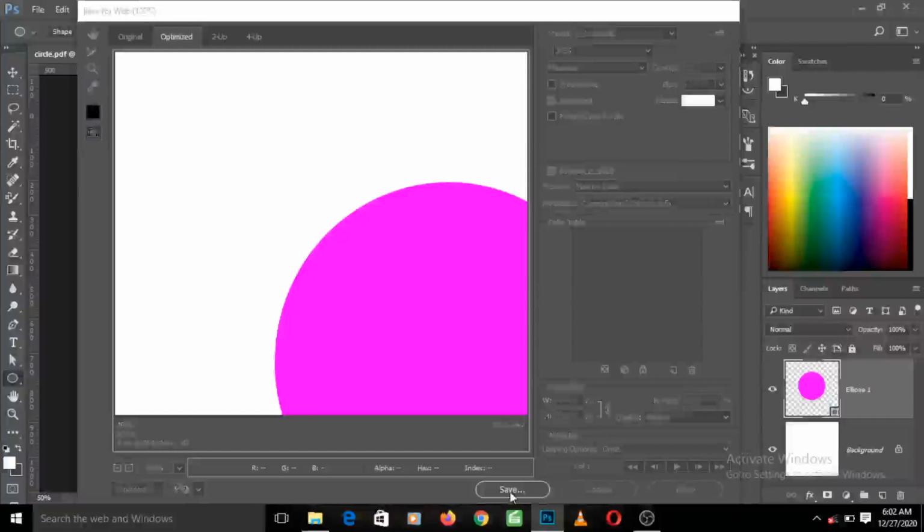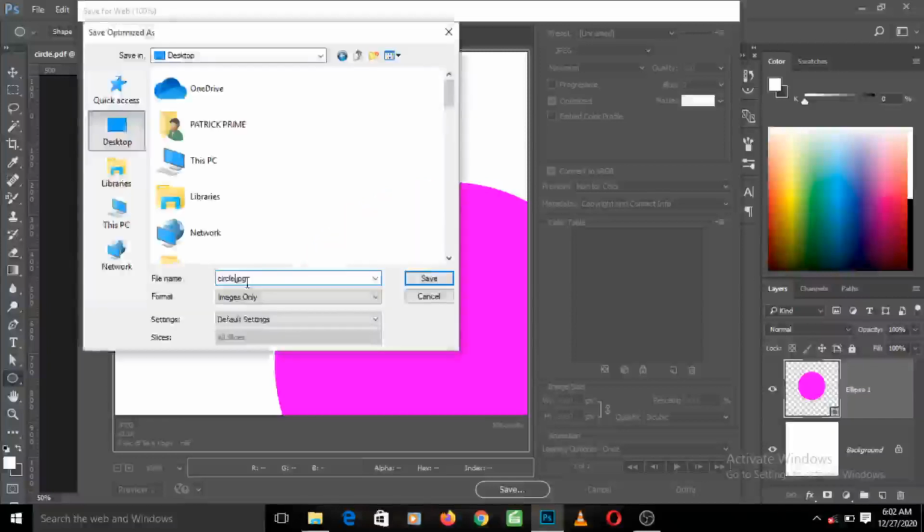I still want to save it on my desktop, so just for the difference's sake, because I've saved the one for print as circle too, I'll differentiate it by writing circle web.jpg and I save it there.